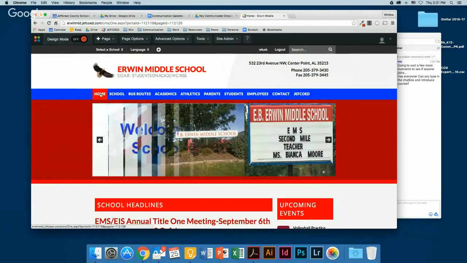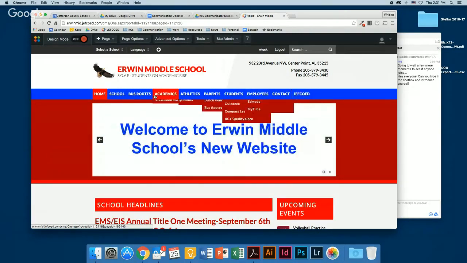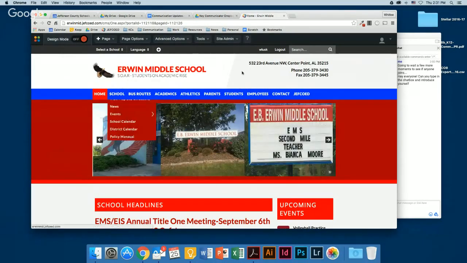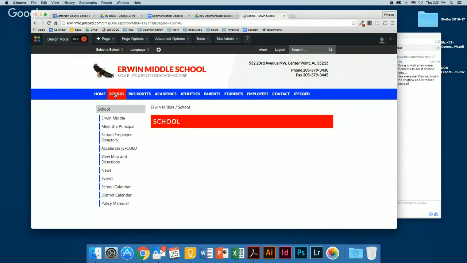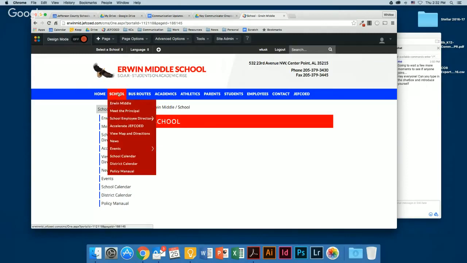So everything is underneath home, all of this. If I wanted to add it to the main navigation bar, I would have to add it here. If I wanted to add it underneath school, I'd have to first click on school and then add it here. That's what I'm going to do. I'm going to add it under school.